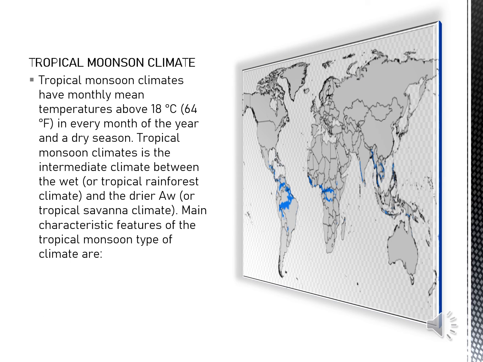Tropical monsoon climate. Tropical monsoon climate has a monthly mean temperature above 18 Celsius, 64 Fahrenheit in every month of the year and a dry season. Tropical monsoon climate is the intermediate climate between the wet or tropical rainforest climate and the drier or tropical savanna climate. Main characteristic features of the tropical monsoon type of climate are